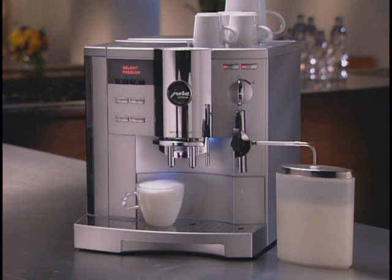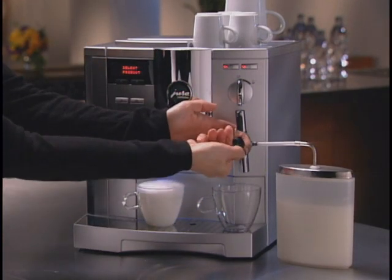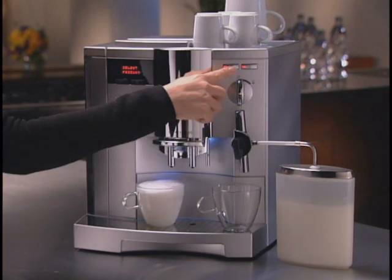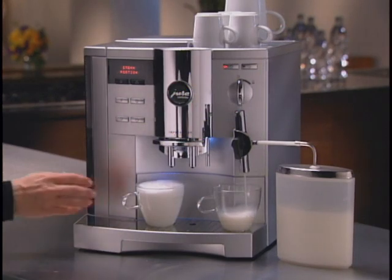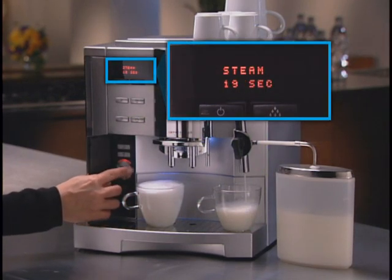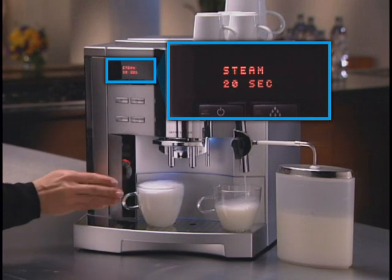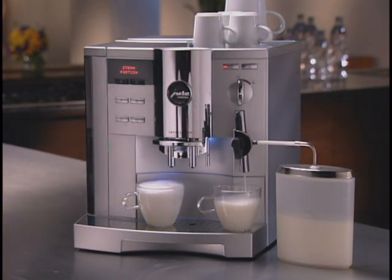Next, we'll prepare the milk for the latte. To steam without frothing, move the Froth Express Plus dial to the down position and press the steam portion button. Again, using the rotary dial, increase the steam portion in seconds to 20 seconds. If you'd like warmer milk when either steaming or frothing, you can always move the Froth Express Plus dial slightly